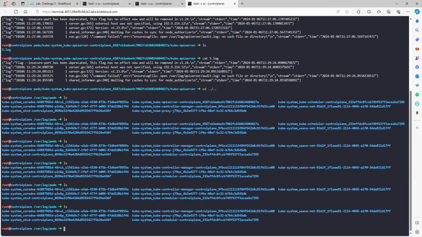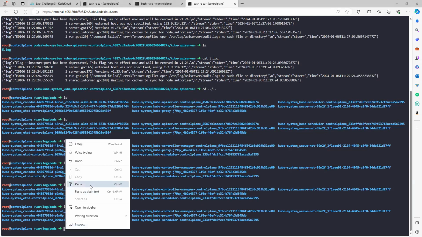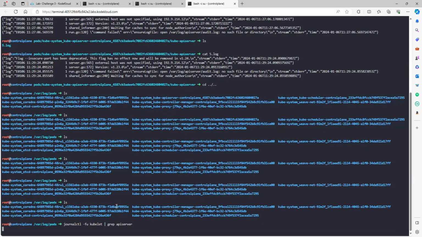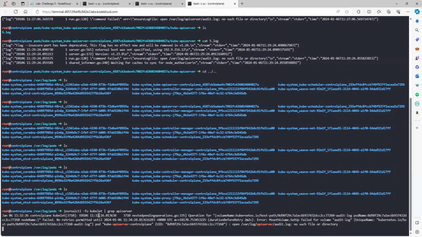So now we have to do the next level of debugging. We need to check the kubelet logs and see what it says for the API server. So the command for that would be, let me just paste it here, journalctl -fu kubelet, and you grep the API server. Enter and just wait for a few seconds, 30 to 60 seconds, for something to show up here. As and when kubelet tries to restart the API server, let's see if it is facing some error. There you see an error has popped up, and the error says open /var/log/apiserver/audit.log, no such file or